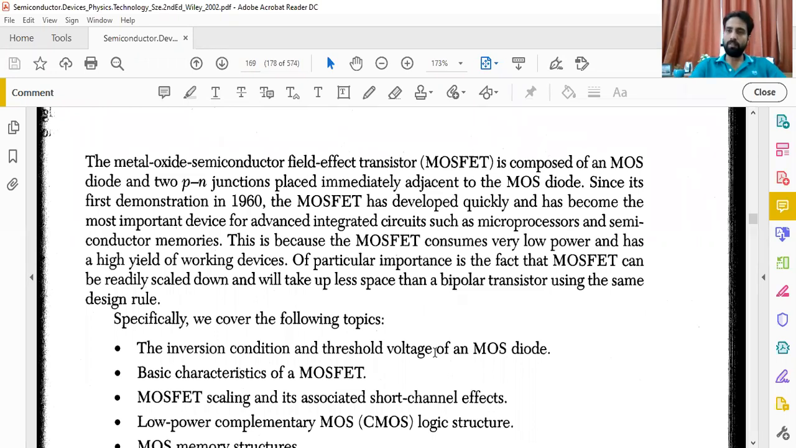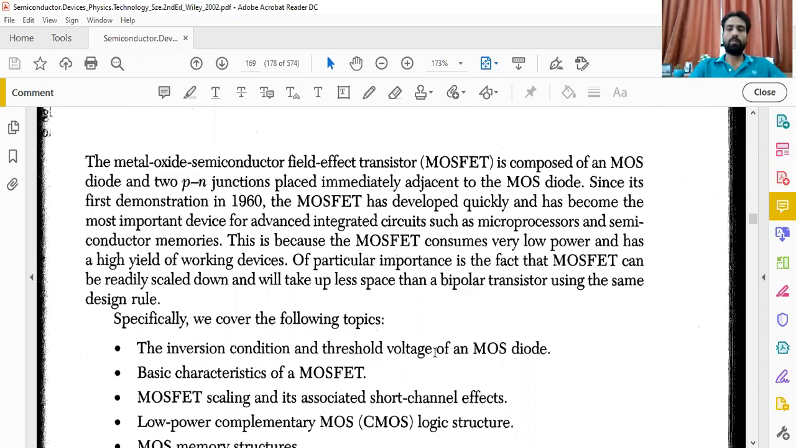And we know that when FET is added, we can say that this is a field effect transistor. This is a bit advanced topic because we were studying the diode, and the FET is related to the transistor, because we have to go for the BJT, bipolar junction transistor. Then we have to come to the MOSFET, meaning metal oxide semiconductor field effect transistor. The metal oxide semiconductor field effect transistor is composed of a MOS diode and two PN junctions placed immediately